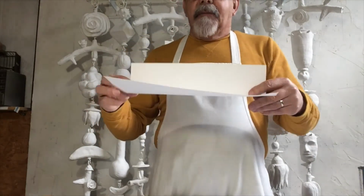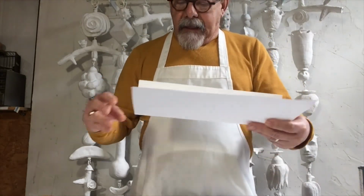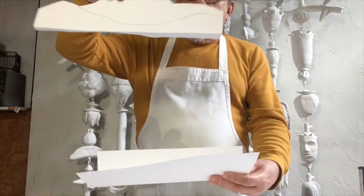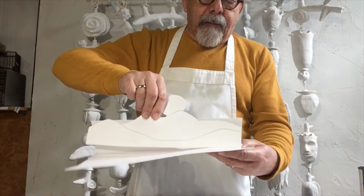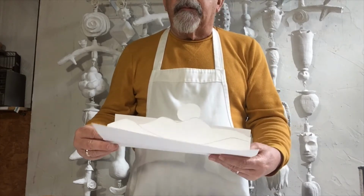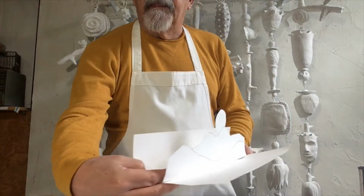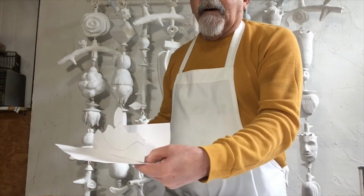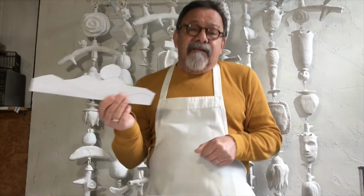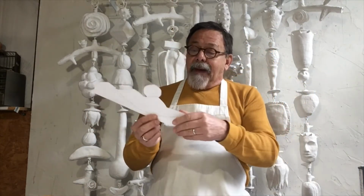So what I'm going to do is take my paper like this and glue this back like that. Can you see that? So once you get your first one, this is going to be number 1, and it goes to the back. So what you're going to need to get all this started: paper, glue, scissors,